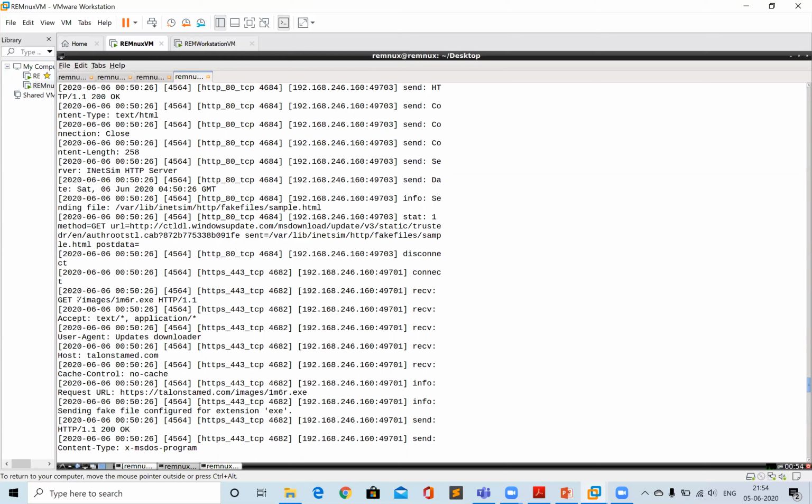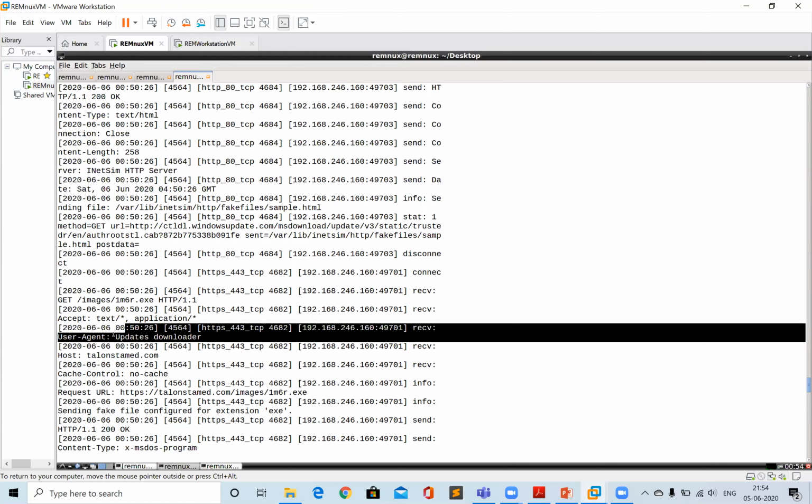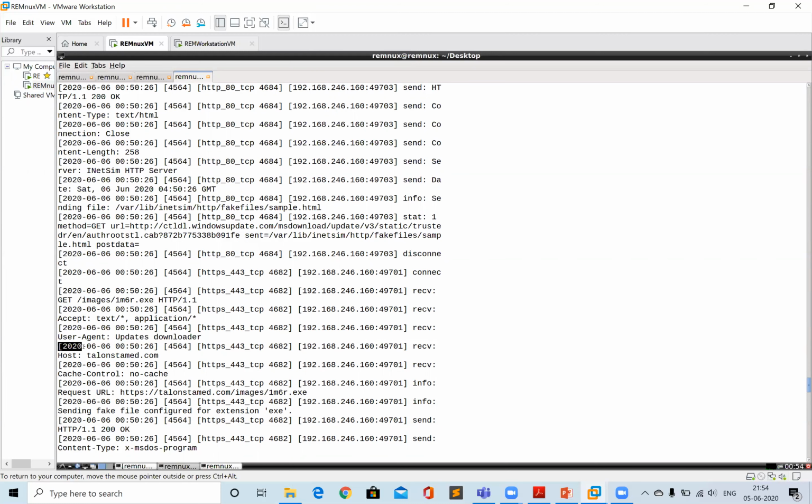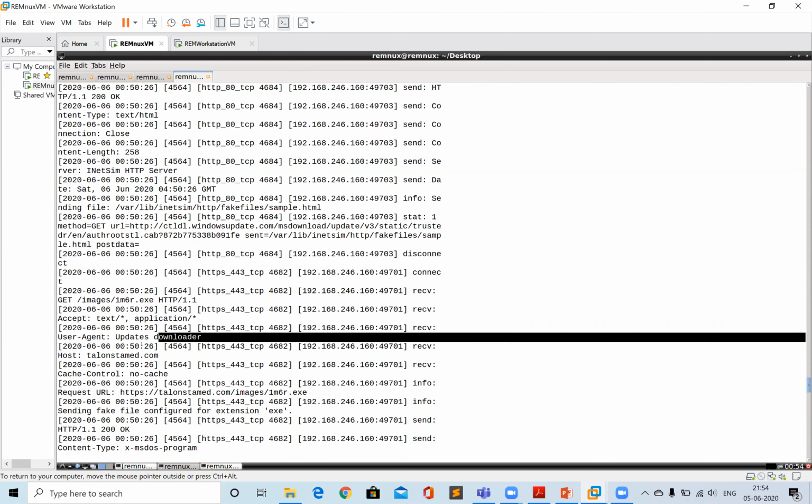So it's asking for that, and there are very useful things you can see over here. The first thing is that it is asking for this exe file, and the other most important thing is the user agent. The user agent is nothing like Mozilla or Safari, but it is updates downloader. So this is another very important IOC that you can quickly get.